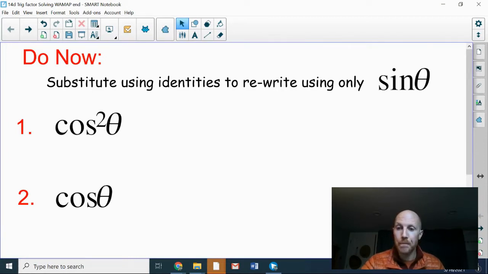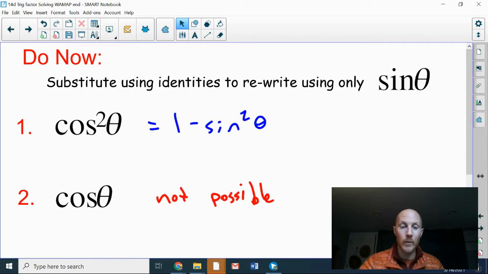Hey, good work. Let's see what we come up with. Well, the first one, we can substitute using the Pythagorean identity, that is 1 minus sine squared of theta. The second one is not possible. There are substitutions we can make for cosine, such as 1 over secant, but there is no way to rewrite